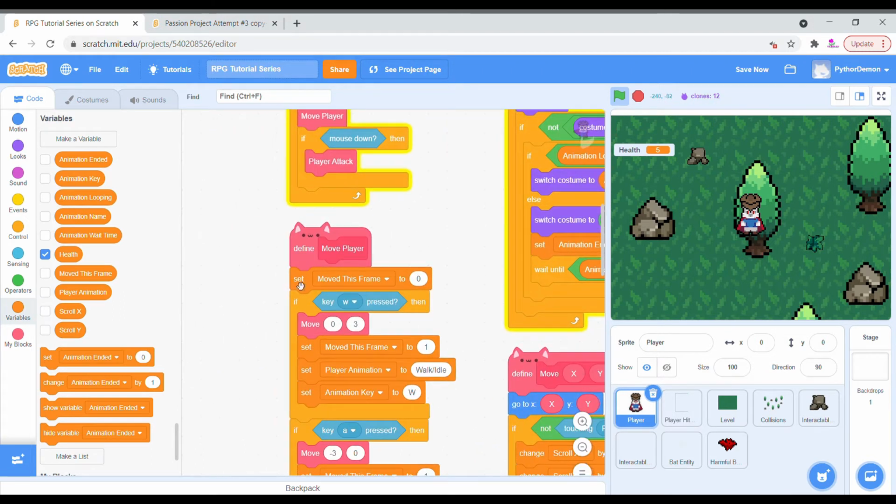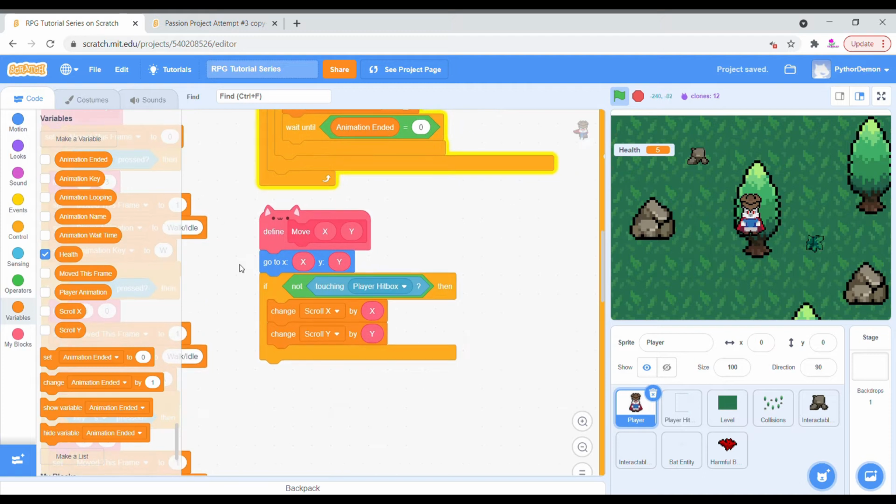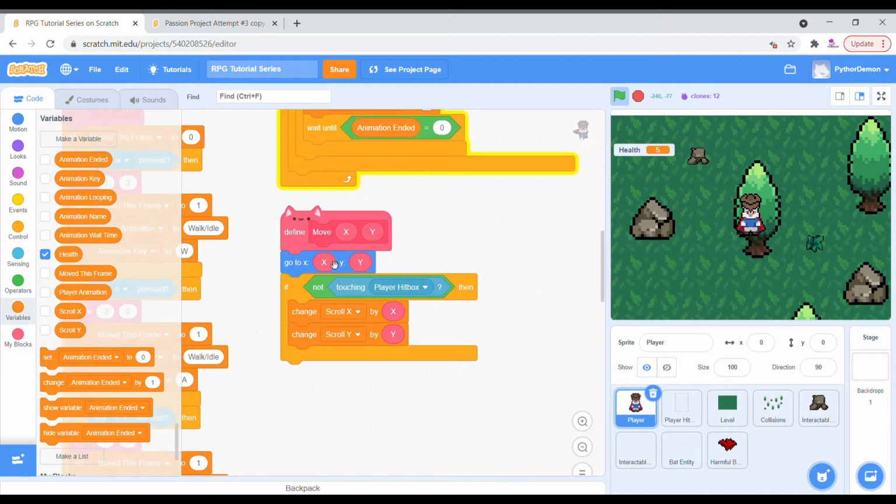Moving on to our move this player, we have our move block right here. And it goes to the X and Y position, which is always 0, because the way the system works is the player is never actually moving. It is the background and the collisions and everything else that is moving. So, we are going to go to the X and Y coordinates,